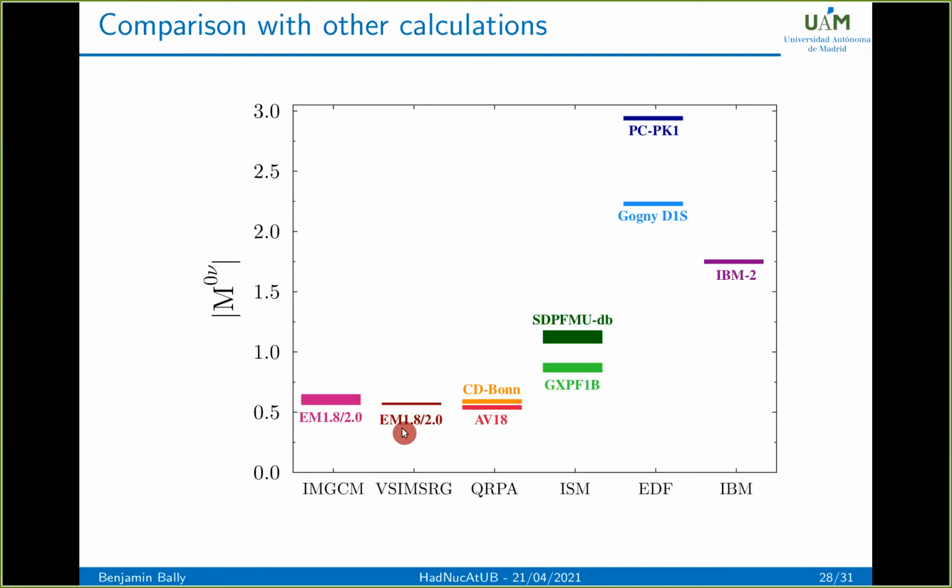They used a slightly larger model space with 13 oscillator shells. And you see that these two ab initio calculations tend to be smaller than all this other empirical work. And in this paper, they observed the same thing, if I remember correctly, for germanium 76, and the other one was tellurium 130. No, maybe it was selenium 82. And so it's nice to see that the two methods agree very well. That is also one of the advantages of ab initio calculations: you can compare them directly using symmetry.